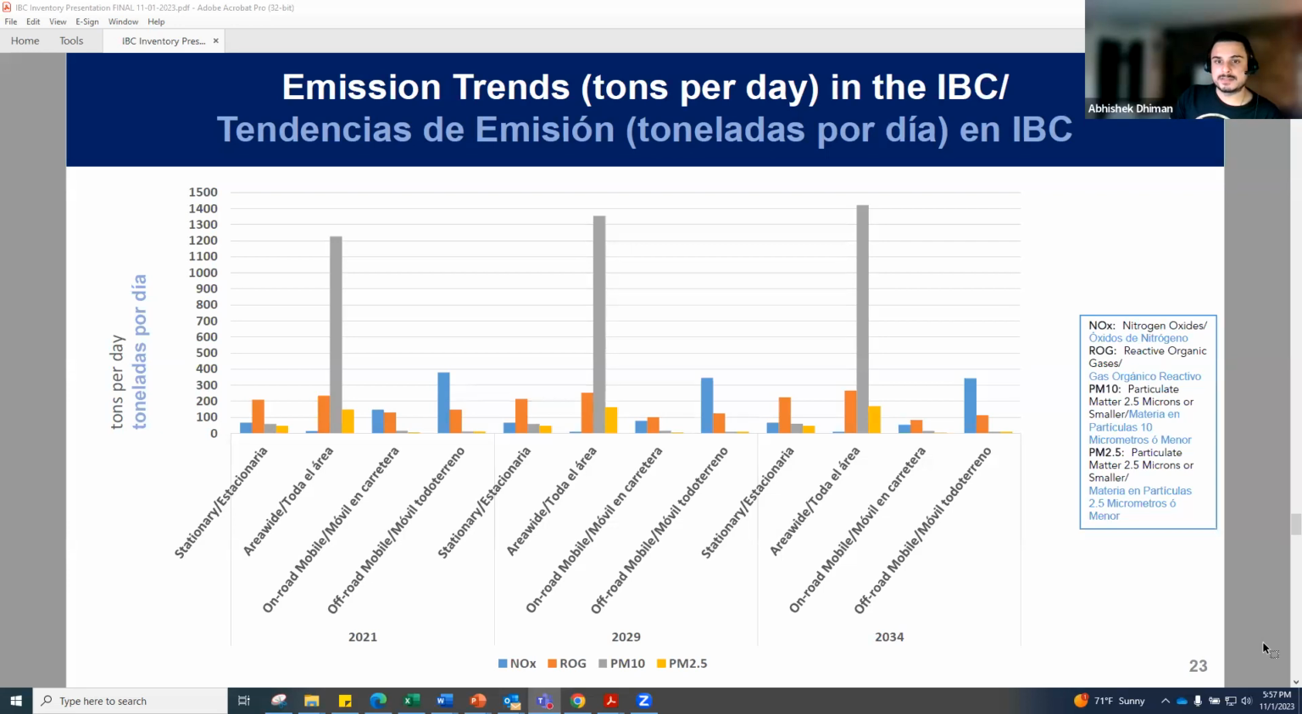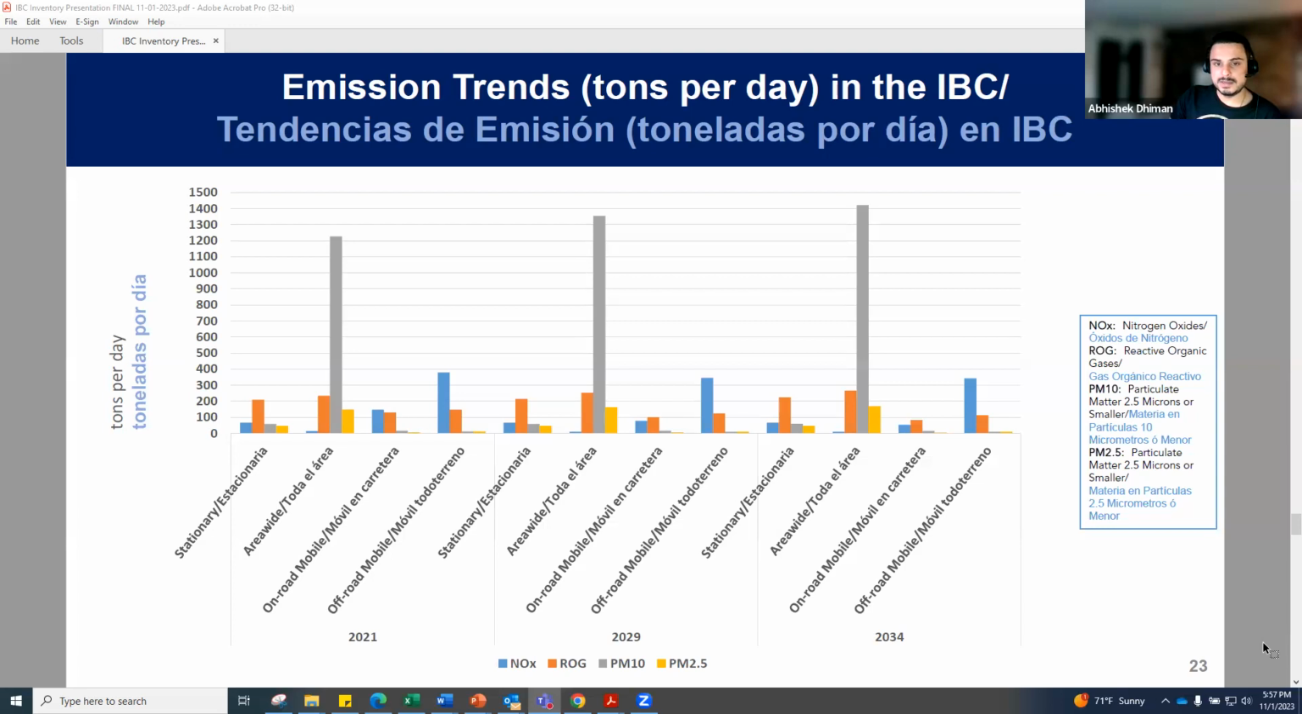CARB's implementation of several adopted mobile regulations for both on-road and off-road sources continue to reduce TPM, NOx, ROG, and other air pollutant emissions in the community. Even while the PM emissions from mobile source continue to decrease, total PM10 and PM2.5 emissions show a slight increase during this period, primarily due to other sources of these emissions, such as construction and demolition activities, which are not